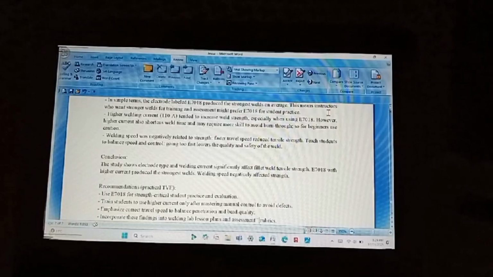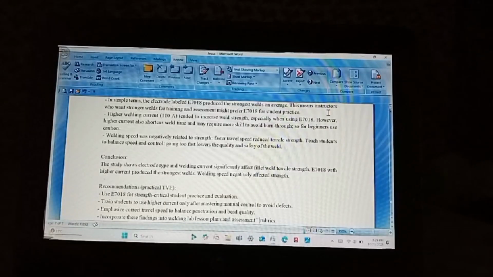Welder skill also affects the outcome, so training and consistent practice are important in TVE welding programs. In short, using E7018 electrodes at high current with moderate travel speed gives the best weld strength results, something our future TVE